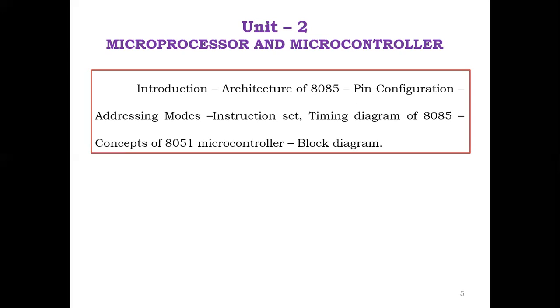So we need to know the T state, that is the timing state. For one instruction execution, one time cycle is a T state. We are going to discuss this for one instruction, for example, MOV A, B going to execute. How many time cycles will it take? That is the concept of the timing diagram. It is a picture representation to know where we read the data, where we write the data, and how many clock pulses are required to execute the instruction.